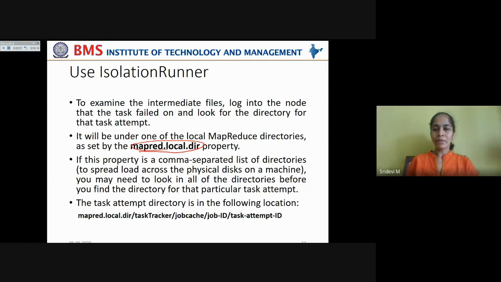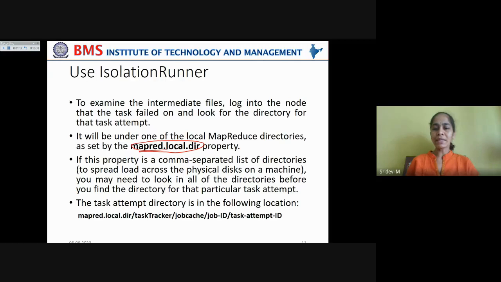So one machine will not take the entire load, right? The load will be spread across the physical disks on a machine. So if this property is a comma separated list of directories, then you may need to look in all the directories before you find the directory for that particular task attempt.